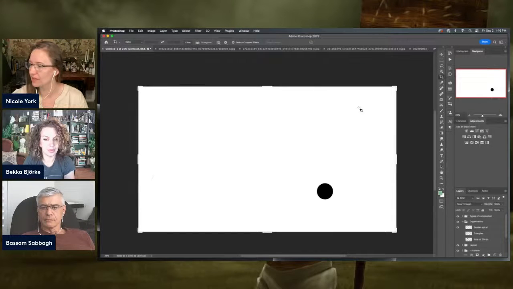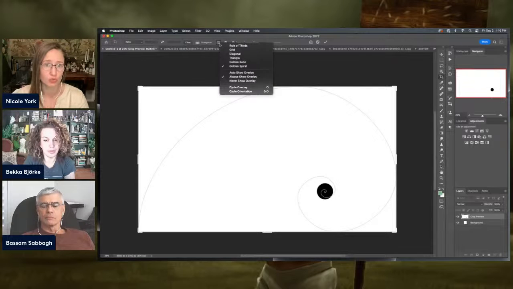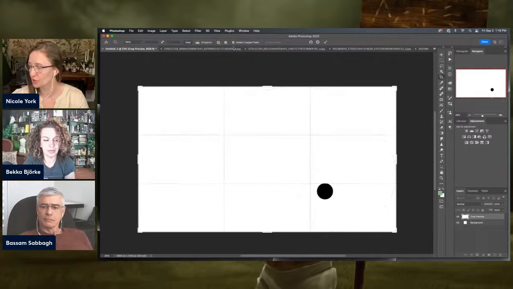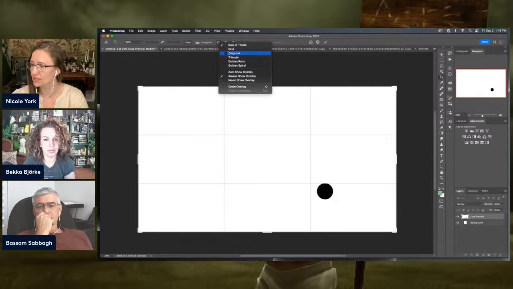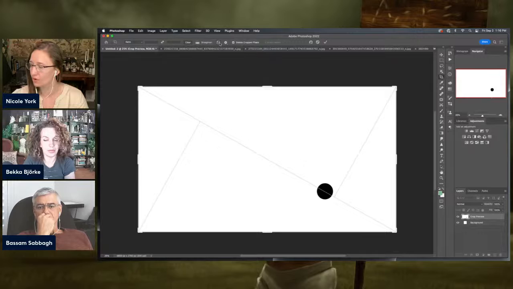And I can show that just by, if you work in Photoshop, you have this really great little tool here. If you open up your crop tool and then you come up to the top, you can actually choose some of these rules and it will overlay that for you. So you can see where the rule of thirds would fall in an image like this. You can see where your diagonals run, your golden triangles, the golden ratio itself, and then of course the golden spiral. So you can see those overlays. So that's just a fun tool to use.